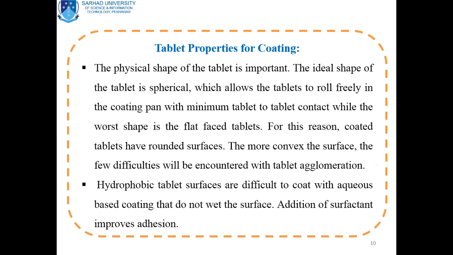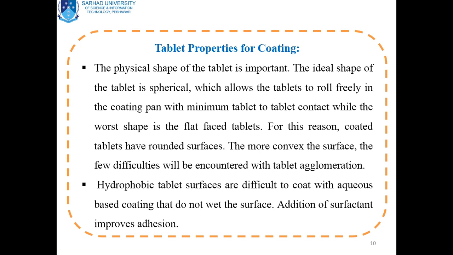Certain other properties, including the physical shape of the tablet, are of prime importance. The ideal shape for coating of the tablet is spherical. It is the ideal shape which allows the tablet to roll freely in the coating pan with minimum tablet to tablet contact, while the worst shape for tablet coating is the flat face tablet. Flat face tablets are not easily coated, and the spherical shape is the ideal one. For this reason, coated tablets have rounded surfaces. The more convex the surface, the fewer difficulties will be encountered with tablet